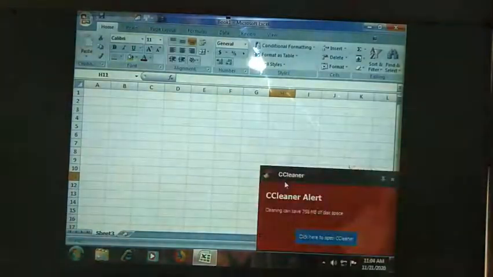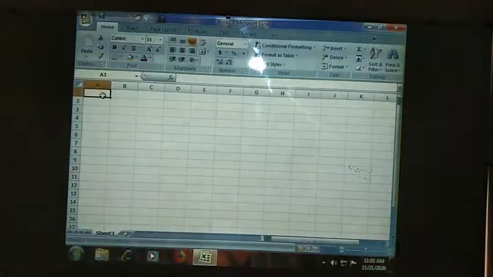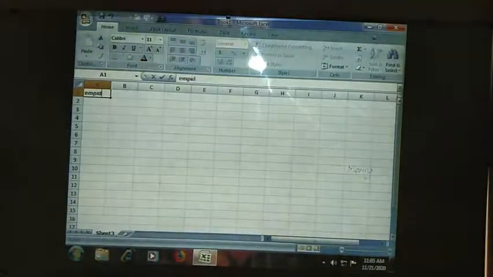Now in order to move the table you need to create the table first. You can create the table in two ways: by having the empty sheet you can create, or else by having the columns and rows you can create, or else a range of values can be taken into the table. Say suppose I am creating a table for employee, then I will be creating like this: employee ID.